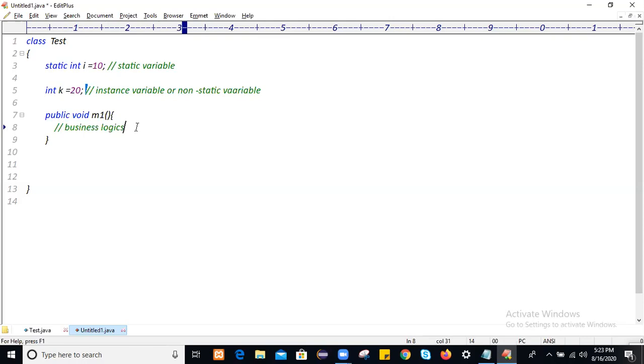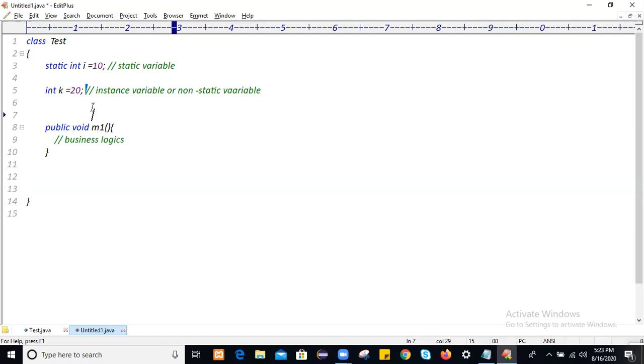So you have to understand what a method is. A method is used to write business logics, and those logics get executed during method calling, when you call the method. Whenever you create a method without the static keyword, you can't see any static keyword within this method. For this method, the access specifier is public, the return type is void, so this method returns nothing, and the method name is M1.